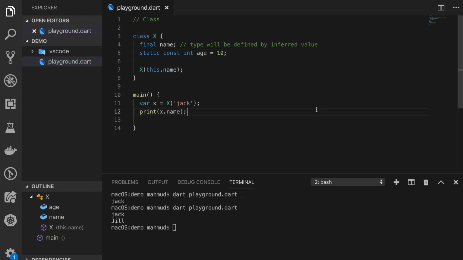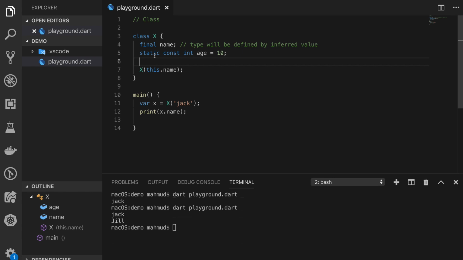There are two ways to define a constant value when defining a variable. One is using the final keyword, another is using the const keyword. When you are using the const keyword, that is a compile time constant. It cannot be changed at runtime. But when you are using the final keyword within a class, you can set it using the constructor. So this is possible at runtime. And if you want to use any constant value within a class, you must put static in front of that const